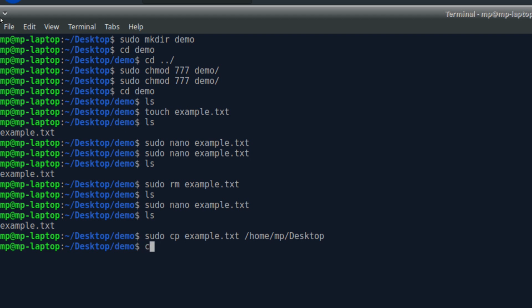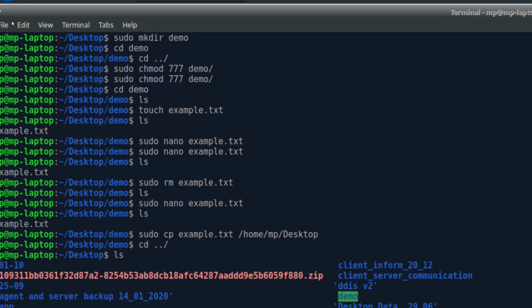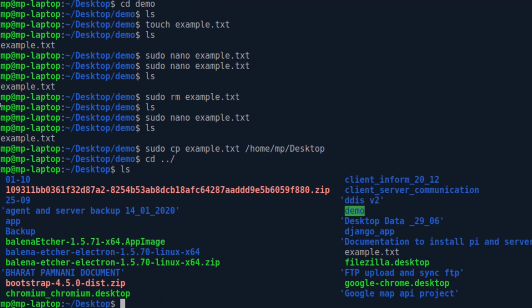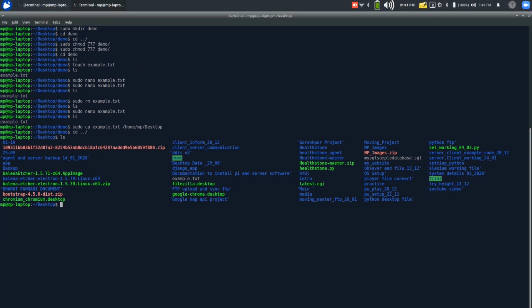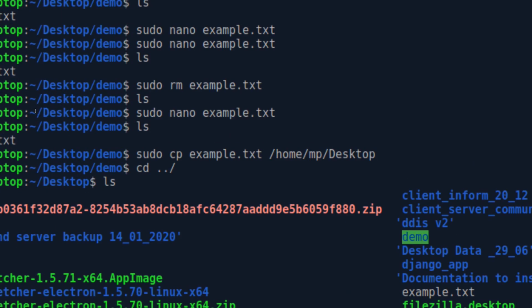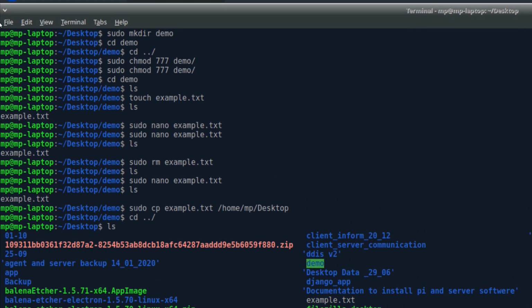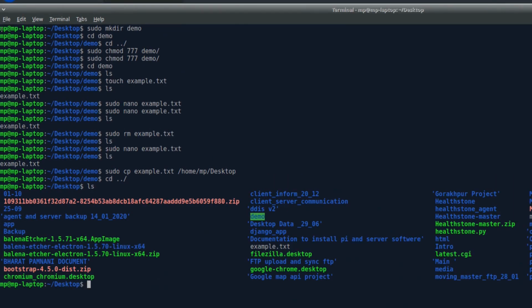Yeah, that's done. Now suppose I want to go into my desktop, I'll write cd and the path. I am in my desktop. Now if I look, I'll find that file, which is example.txt. Here it is. So that works. This is our cp command to copy the file.